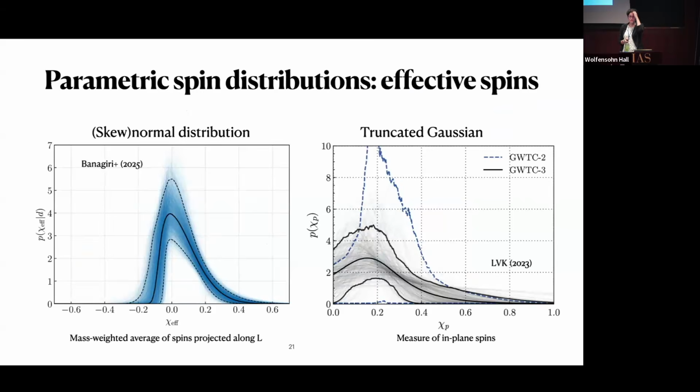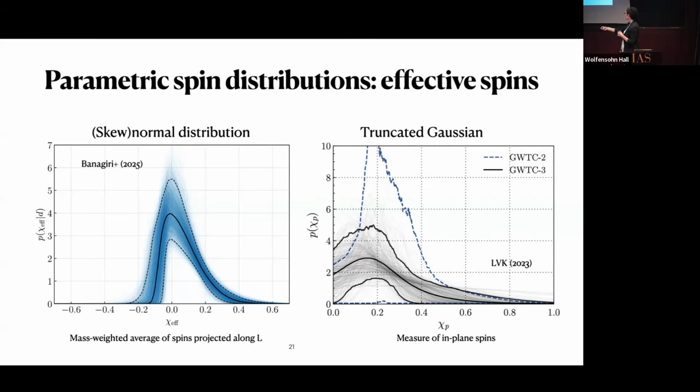You can also fit the spin distribution in terms of the effective spins. I guess this is exactly what you were asking, why don't we fit things in chirp mass? In masses, we still measure the mass ratio well enough for it to mostly make sense to fit the component masses. But in spins, often we do things in effective spins just because it's very hard to get higher order spin information for the bulk of our signals. And so people also fit the effective spins.